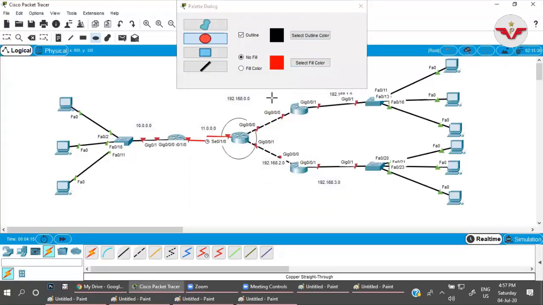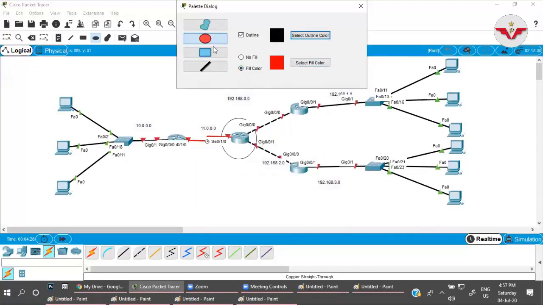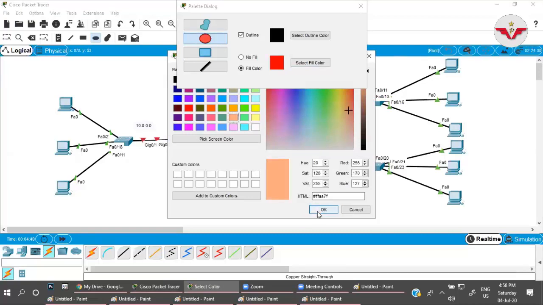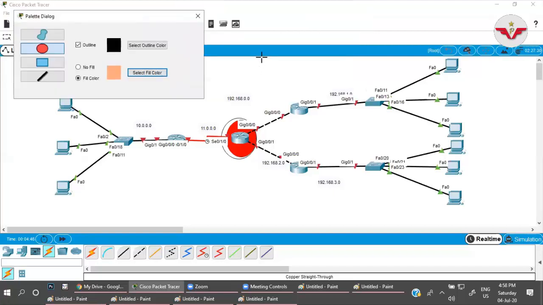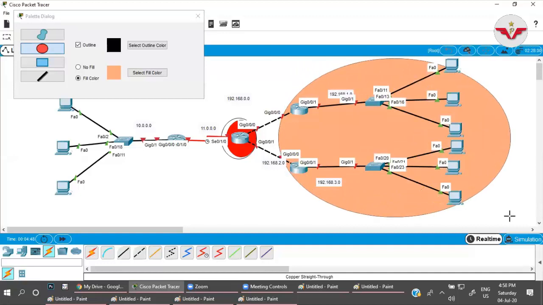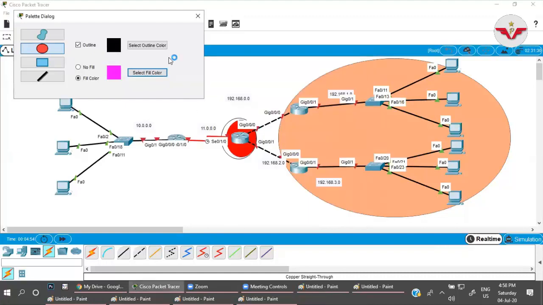This router will be my border router. On this area these two will be the organization network, and this would be my internet network.